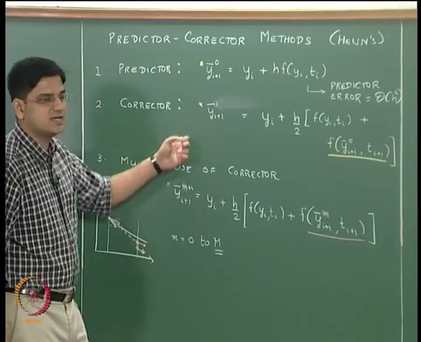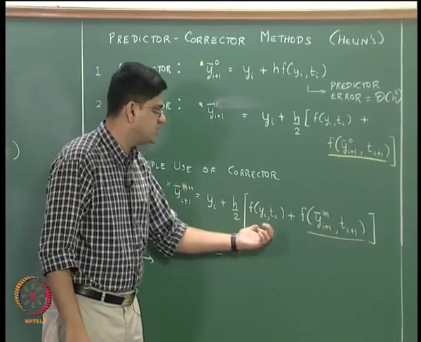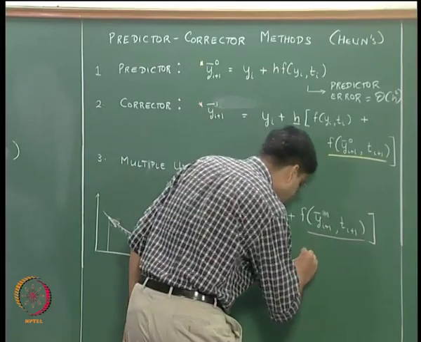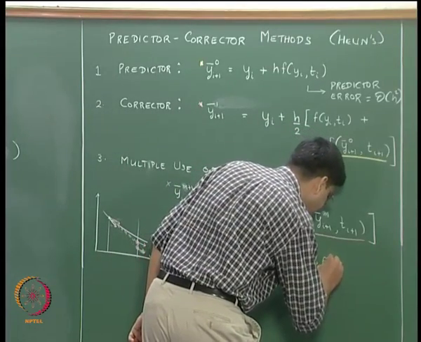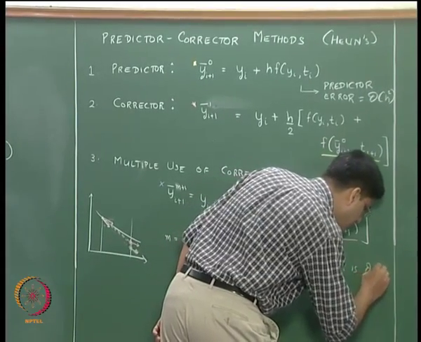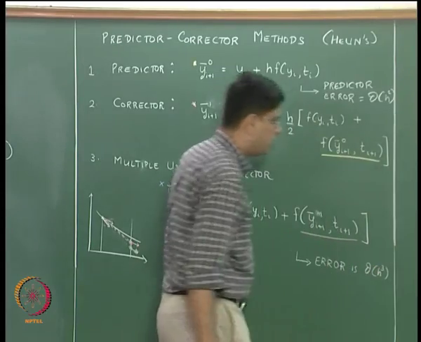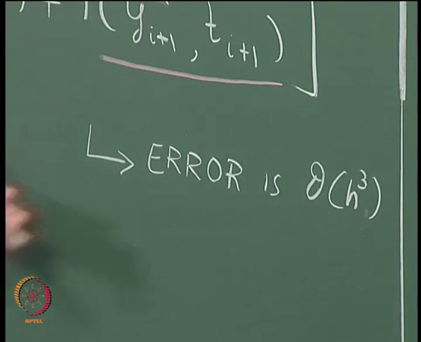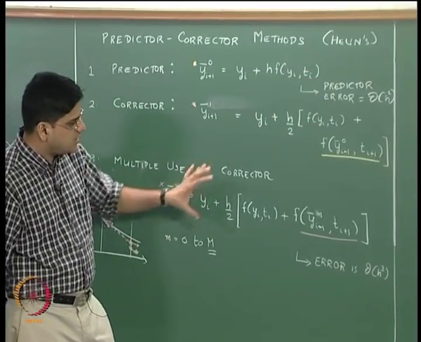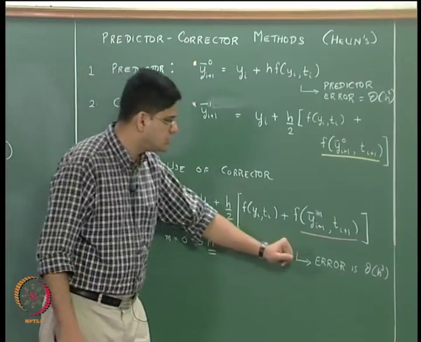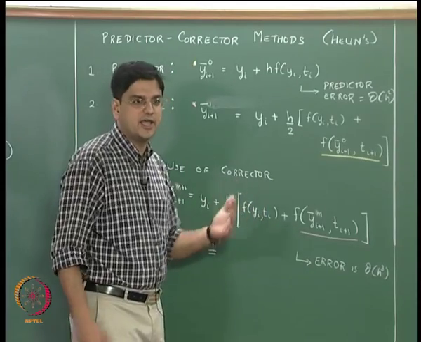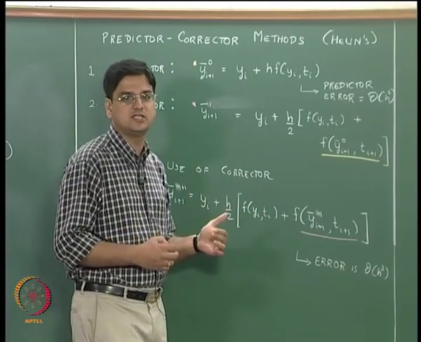Okay, whereas the corrector equation is kind of like using the trapezoidal method, and because it is kind of like using the trapezoidal method, the error in the corrector equation is of the order of h cubed, okay. So this error is of the order of h cubed, this error is of the order of h squared. Now why is this particular method actually useful? The reason why predictor corrector methods are useful is because they are still explicit methods, they are not implicit methods, but